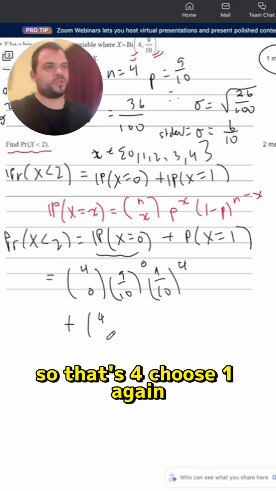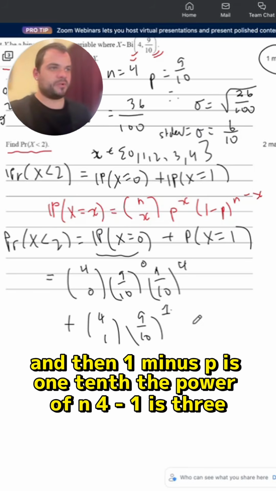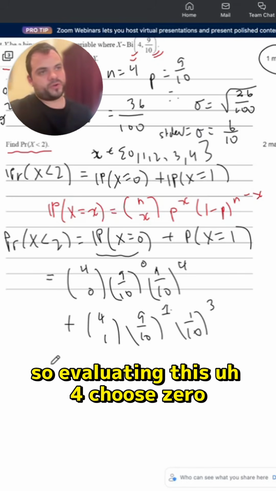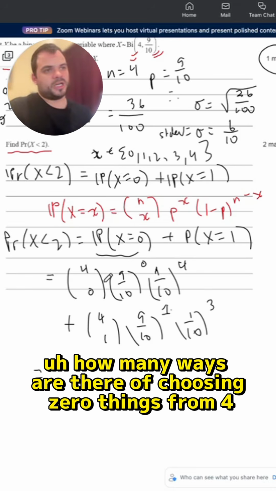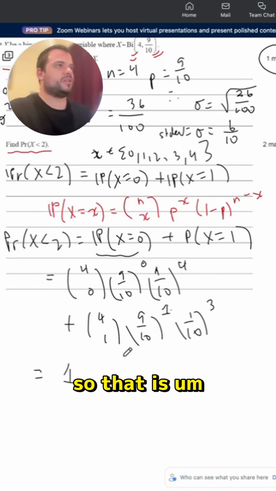So that's 4 choose 1. Again, 9/10 chance of success with 1 success. And then 1 minus p is 1/10, to the power of n minus x, 4 minus 1, is 3. So evaluating this, 4 choose 0. How many ways are there of choosing 0 things from 4? There's exactly one way of doing that. So that is